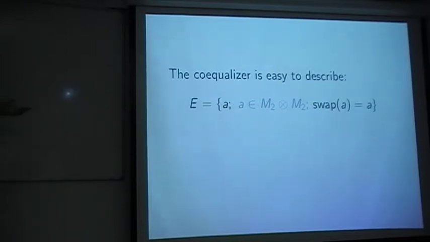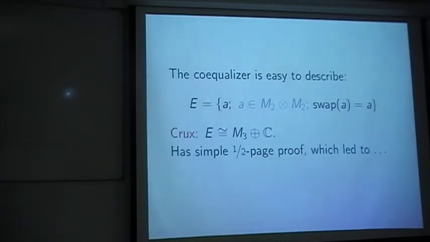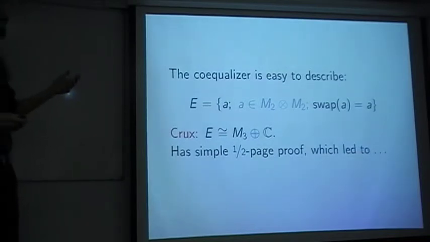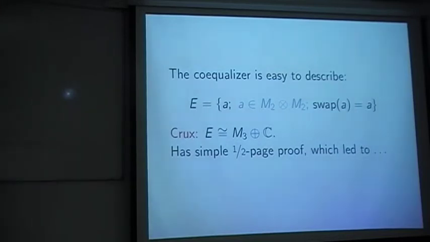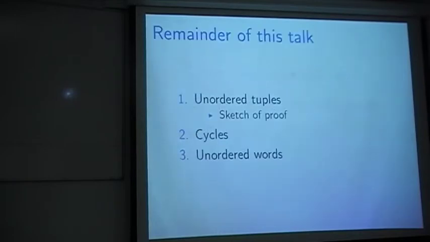And, okay, why is this M3 plus C? It's not too hard. It's half a page of elementary algebra. And when we work this out, and not only for this one, but also for different cases, unordered triple, using qubits instead of qubits, we noticed that we were using stuff from representation theory. So then we tried to apply representation theory, and it worked out really beautifully, easily.